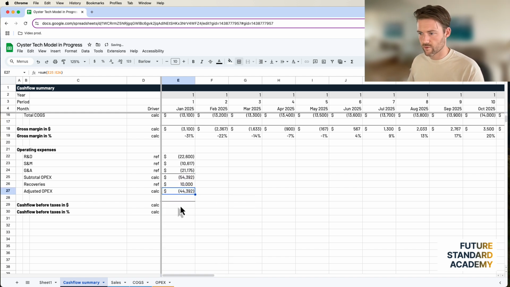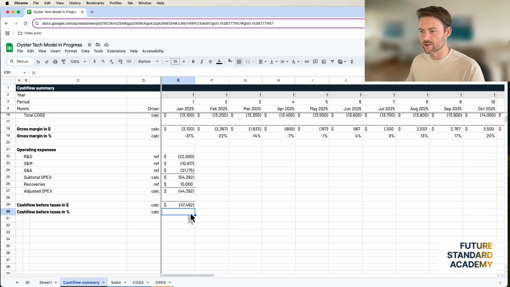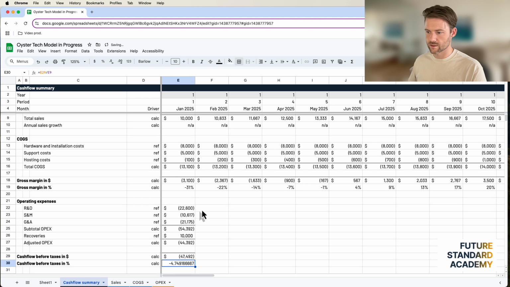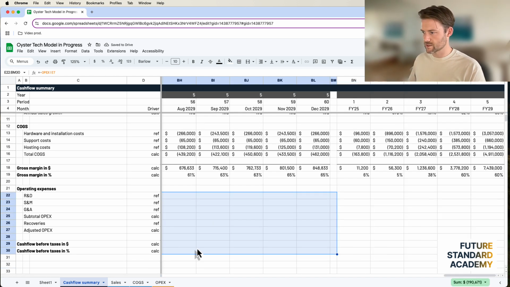And then we got negative 44,000 in overhead cover. So now our cash flow before taxes is going to be the sum of the margins that we earned, which are supposed to be contributing to paying for this, but in fact the margins were negative, so they're detracting from the rest of the cash flow position of the business. Plus, we had to pay another 44,000 to keep the lights on. So this company just burned 47,000 this month. In percentage of sales terms, this is a negative 500%. But as you're going to see, this is going to get better over time.